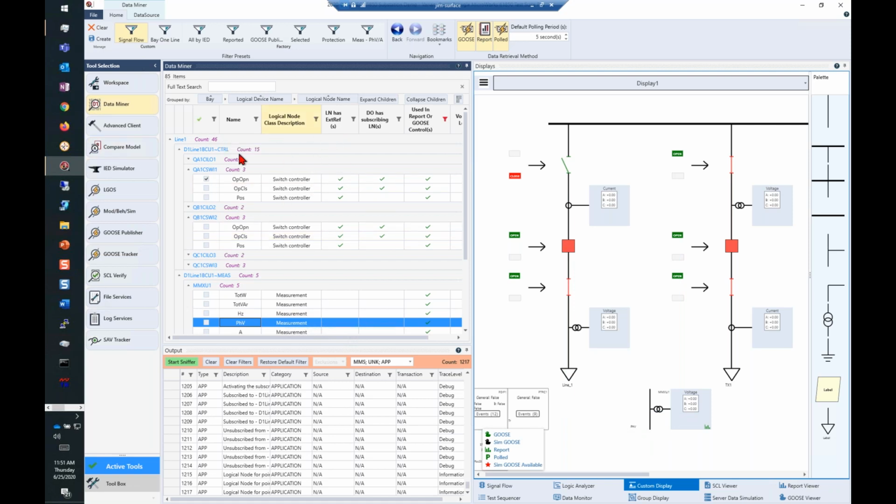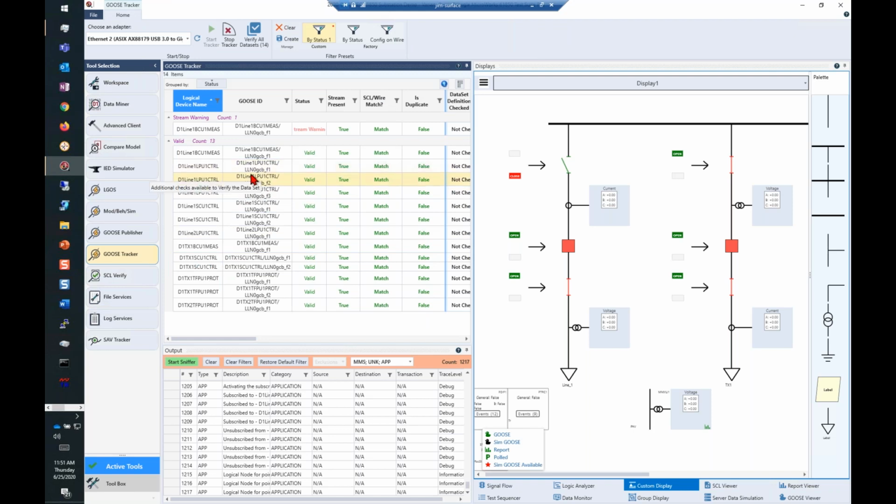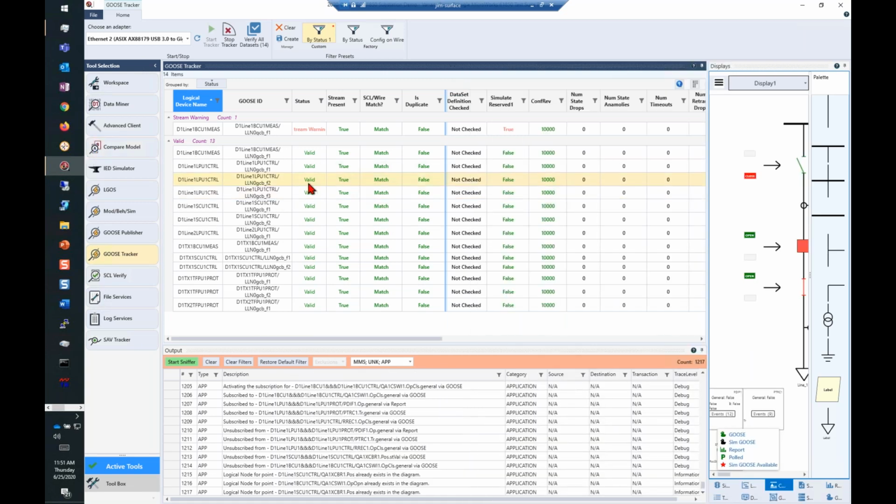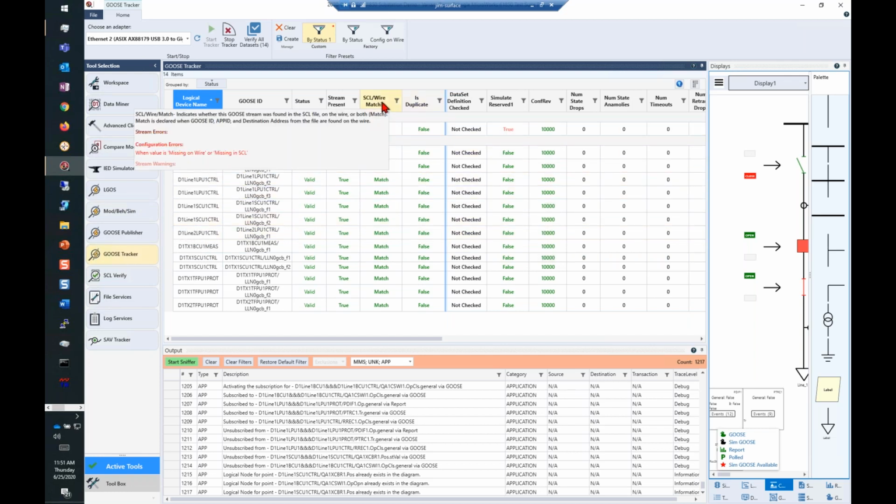So another valuable tool to see what's going on in the substation is Goose Tracker. The rows in this chart are the Goose streams that are available in the substation. And the columns are properties of those Goose streams. And so if I go over, well, I'm not going to try that because we're getting short on time. So like right here, for example, the SCL wire match column,